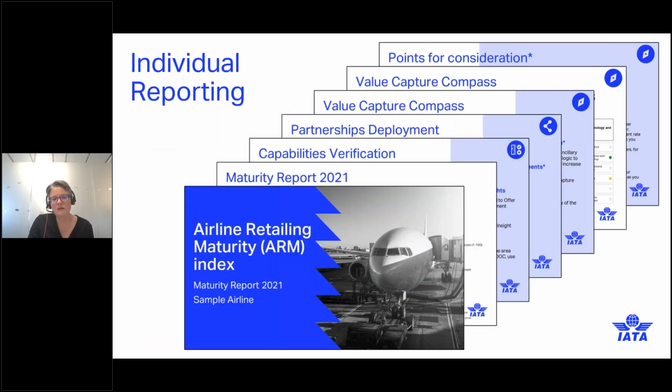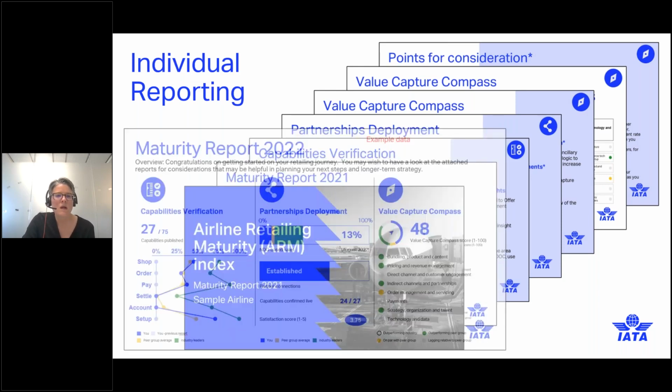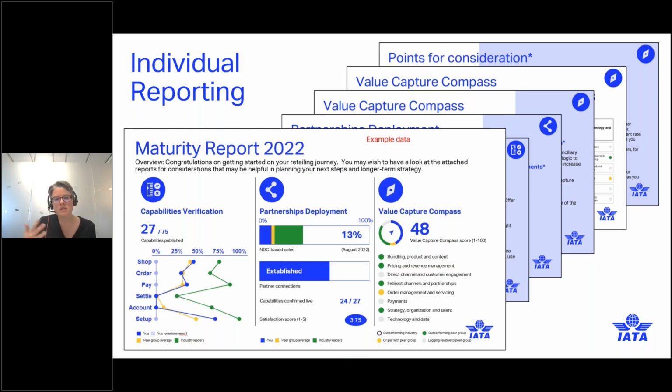So with that, the airlines and the sellers receive individual maturity reporting. Now, the airlines have already started receiving it, and the sellers are coming up very shortly here. We're putting it together for them. And what that looks like is it's a multi-page report, but I'm just going to show you the top